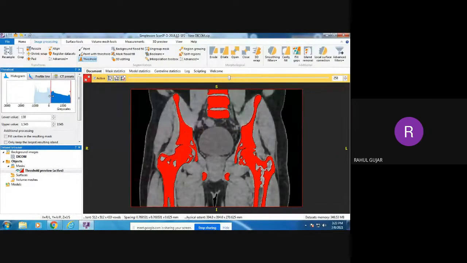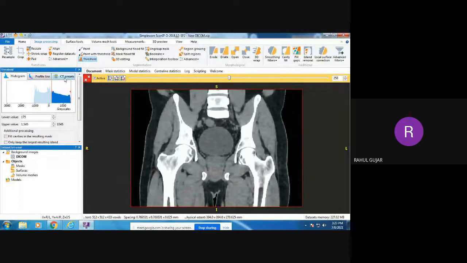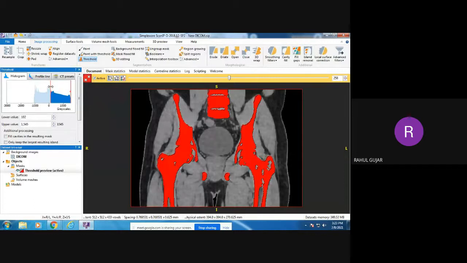So here you can see, I'm going to set this value like this. Even some CT preset values for the mask implementation are provided. You can click on CT preset. Some values are already kept here. They have already kept some masking values similar to what we saw in the volume rendering. If you click on that, automatically it will take this value. But I suggest you take the values according to your scan requirement, because every scan is not the same. So we will take this value, we will implement the mask like this.